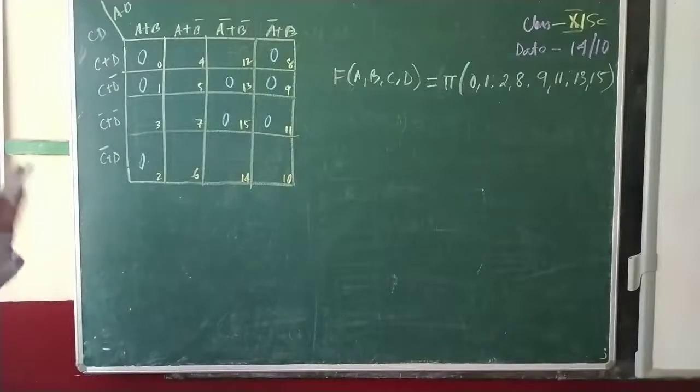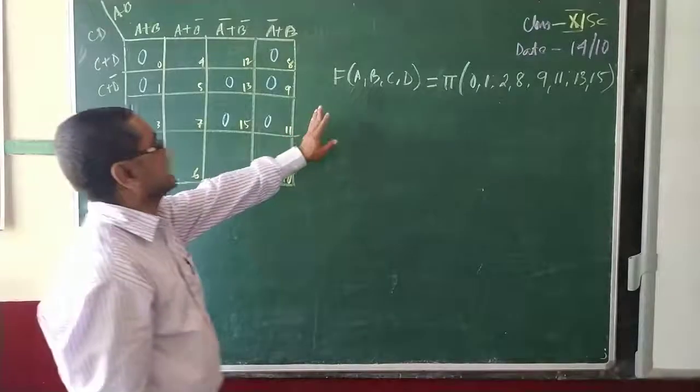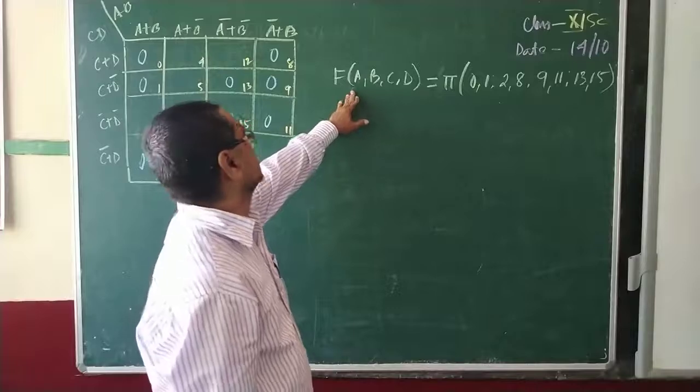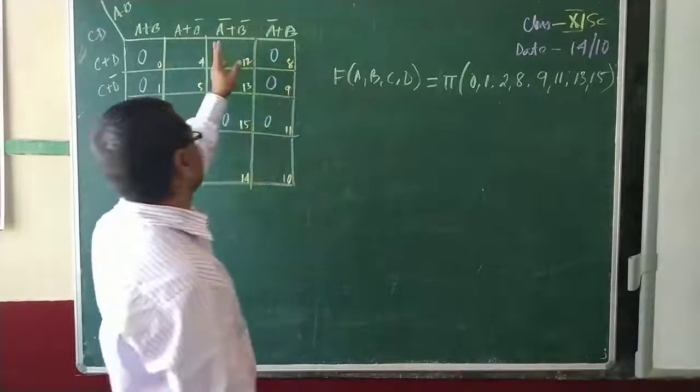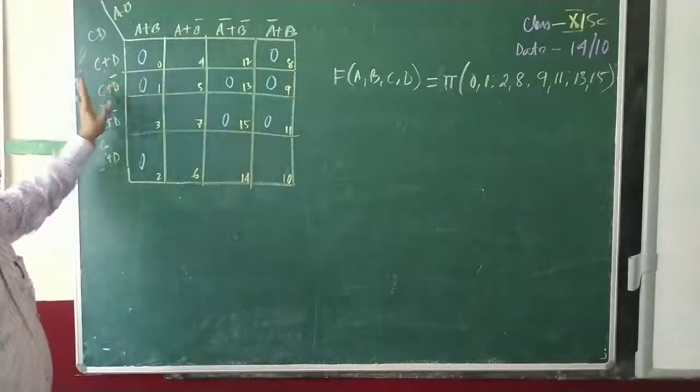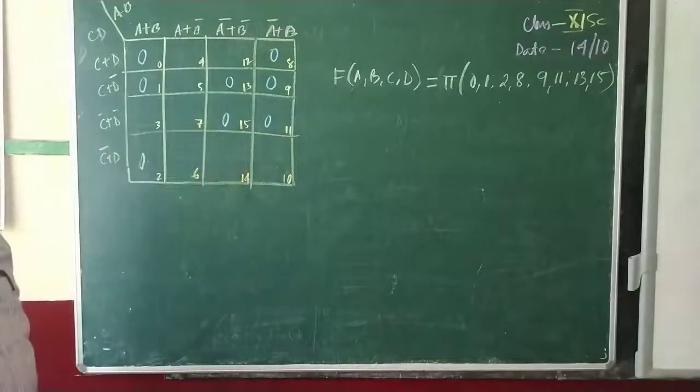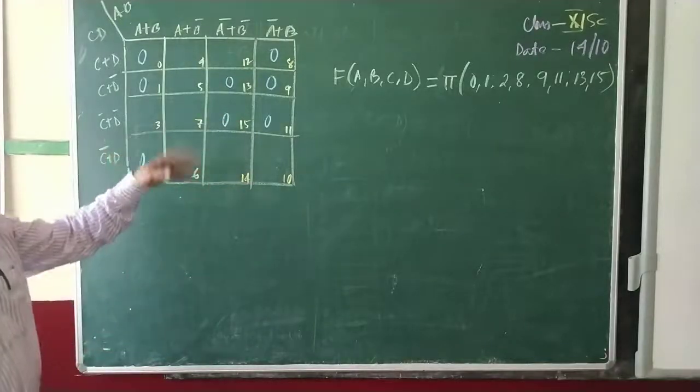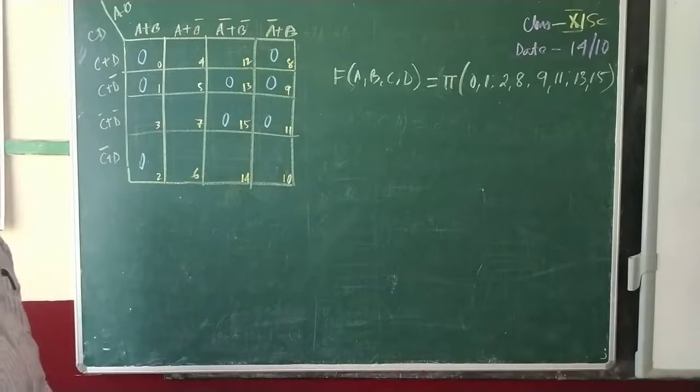See here, this is the second question. Second question, it is written PQRS. I mistakenly wrote ABCD because the diagram was already drawn. I wrote this, that's why I wrote ABCD. So things are the same only. We will be dealing with ABCD instead of PQRS, and the value is the same.